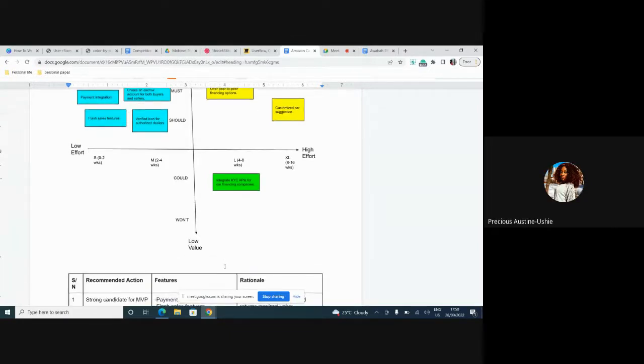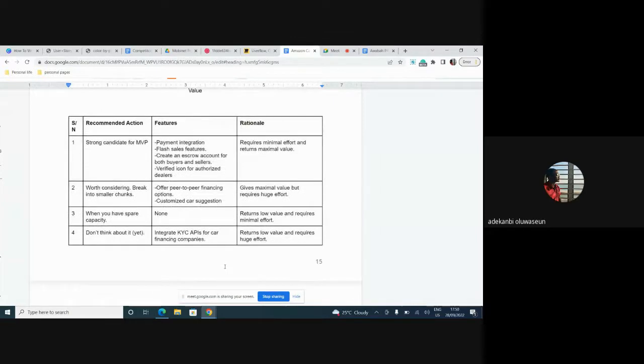Sorry, but I have a question. Yes, go ahead. This is very clear. Thank you so much for the explanation. I wanted to ask, do we factor in risk as well? Risk? You factor in what? Risk, R-I-S-K. So what type of risk? Maybe risk that could arise when building the product. Do we factor that in when we are prioritizing?